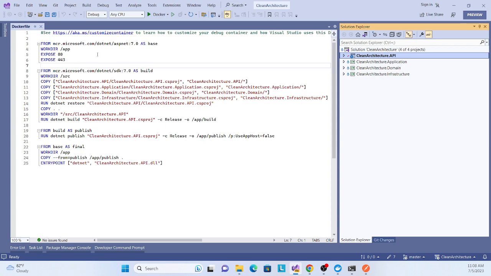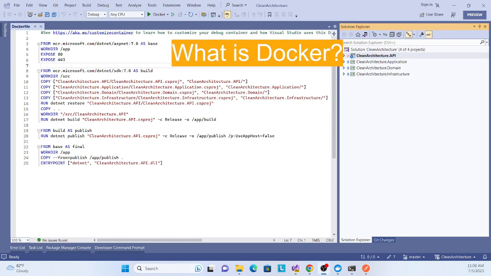Before I start with this file, I'll explain a little bit about what Docker is, and why Docker, because we are trying to implement something. So we should have a little idea of what Docker is. Docker is an open source platform that enables you to automate the deployment, scaling, and management of applications using containerization. It allows you to package an application and its dependencies into a standardized unit called a container.